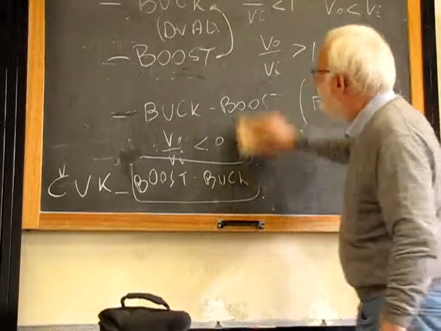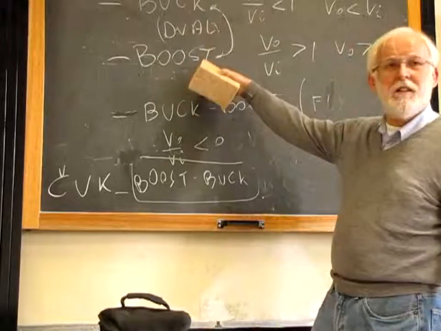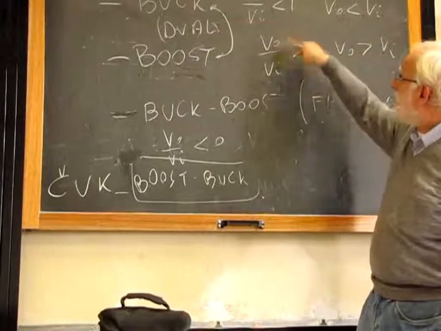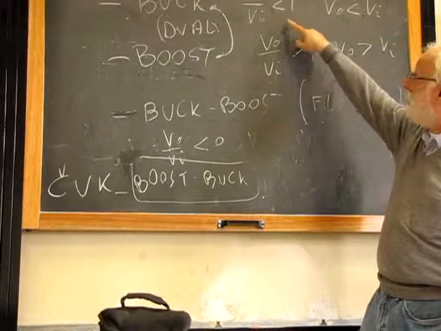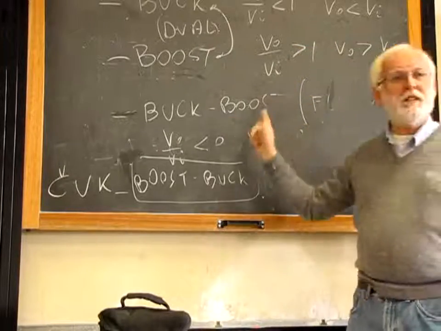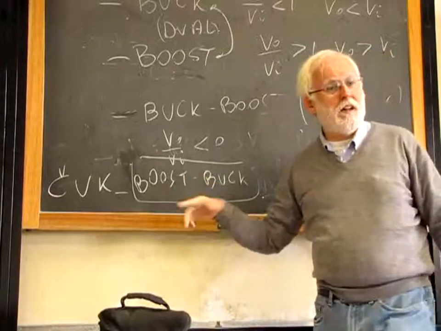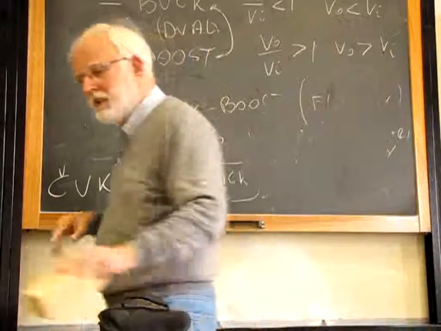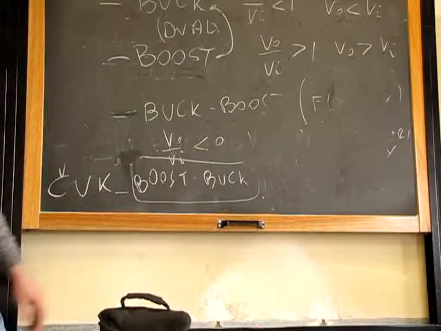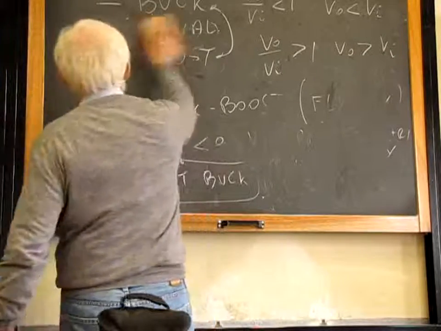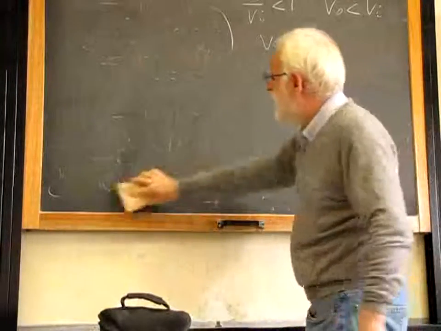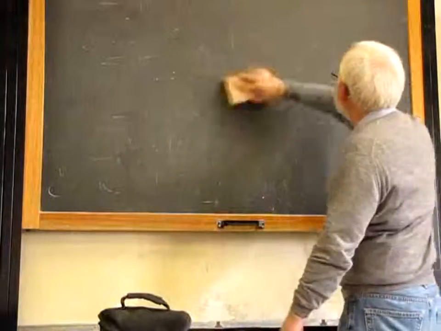Anyway, those are the four topologies: buck, boost, buck boost, and Cuk. One is the dual of the other. The characteristics of the output voltage: smaller than the input voltage for the buck, larger than the input voltage for the boost, same sign. Buck boost and Cuk converter: output voltage is of opposite sign than the input voltage, and can be larger or smaller in magnitude. It's quite flexible. And now we will go into the details of the buck boost, and we will see briefly the Cuk converter.